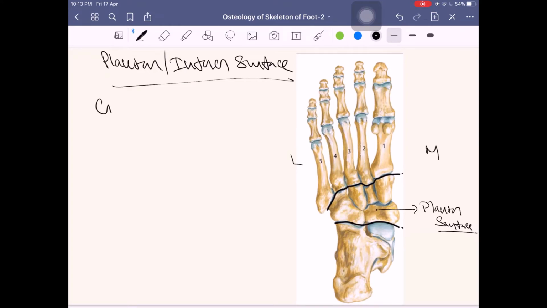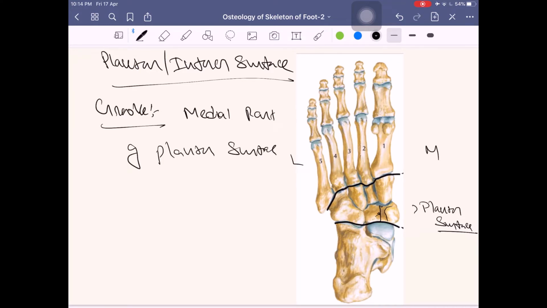This is medial and this is lateral. Now here we can see there is a groove. You cannot miss it, there is a groove. That's how you can even decide the side also. If you notice, there is a groove here in this area. So the groove is present in the inferior part, and if you divide this, the groove is present in the medial part. So your medial part of the plantar surface,